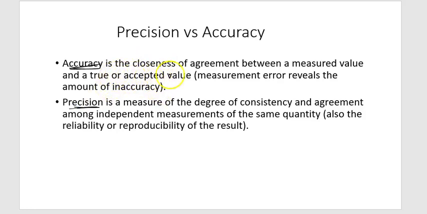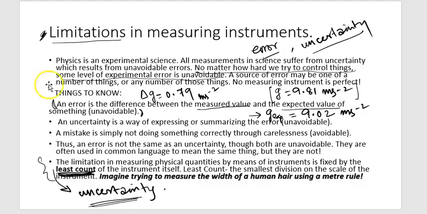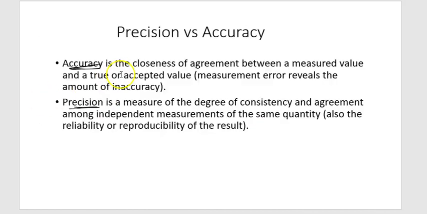So accuracy is how close a measured value is to its true or accepted value. Which means in the previous slide, which we saw, if this delta of measurement of G between the theoretical value and the expected value were way smaller, then we would say that the measurements were accurate. So reduction in the error value leads to greater accuracy. So measurement error reveals the amount of accuracy. All right.